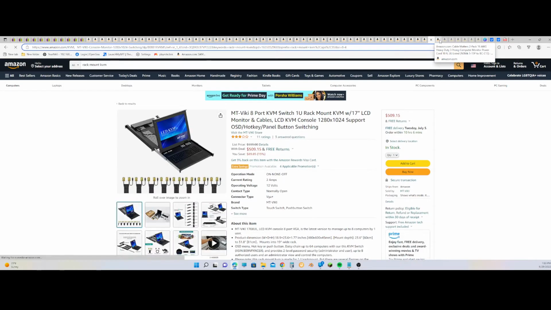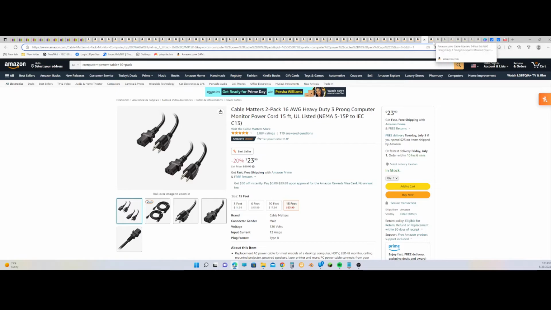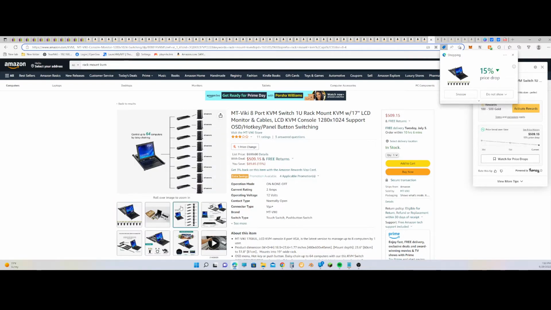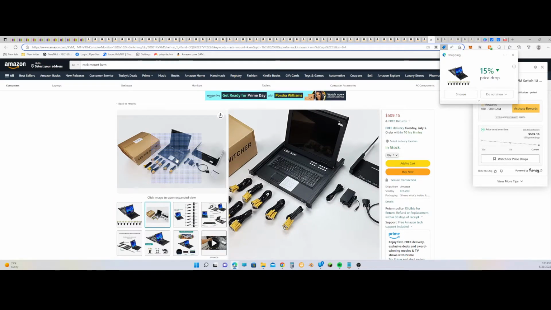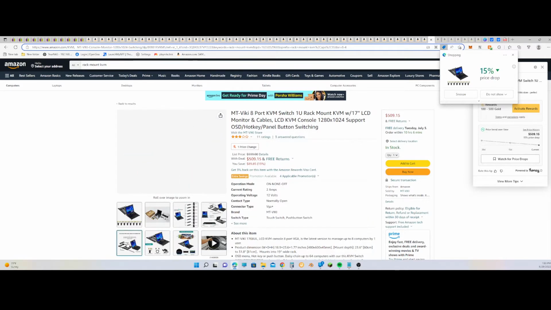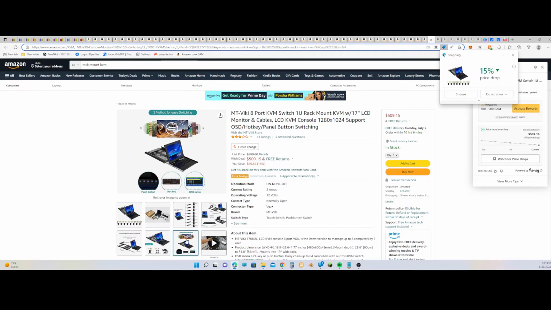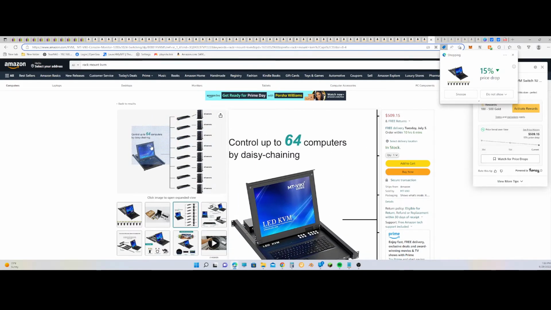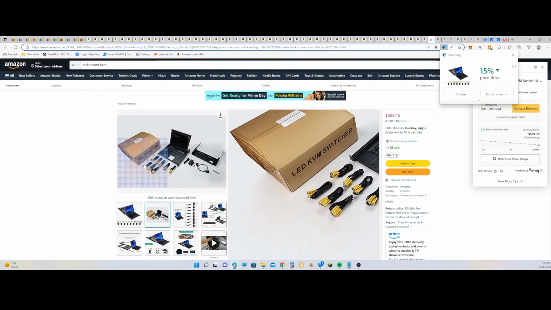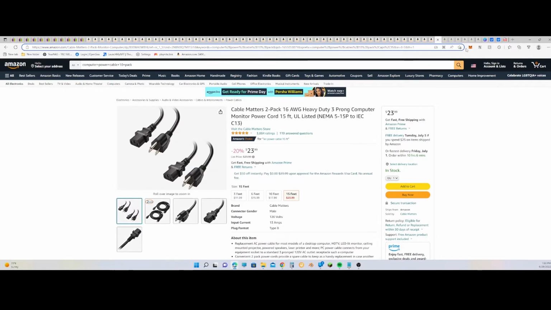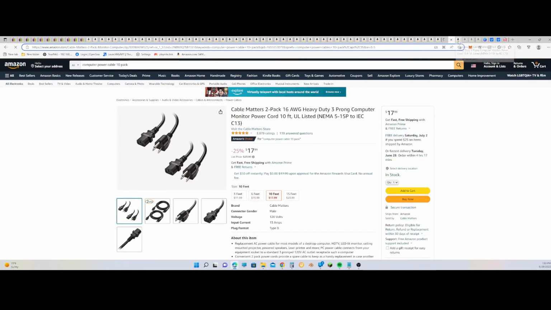I just put these in here. You'd probably have them. There's more of these. And then I have a rack mount KVM, 8 port KVM. This was the only one I could find with KVM cables. Yeah, it's fairly good. It's only $500, but it's just so you can see your servers and stuff. Pretty useful for setup, but after that you don't really need it. Yeah, I got more of these C13s,